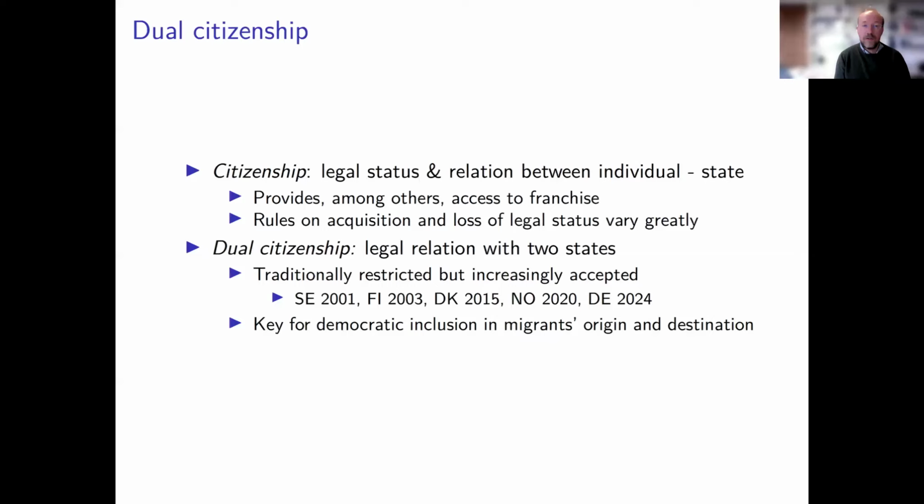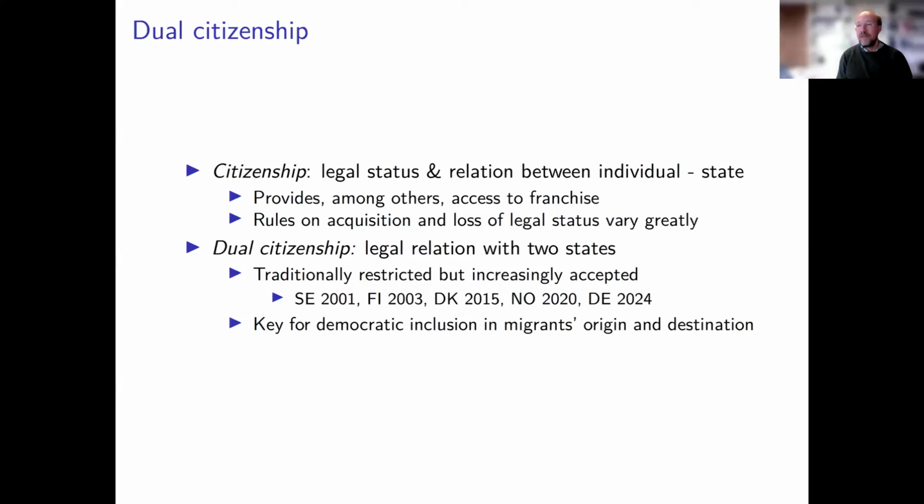We talk in the paper about dual citizenship, but in principle, this could also be multiple citizenship, right? So people sometimes may have three citizenships, right? If they get one citizenship from one parent, another citizenship from the other parent, and maybe a citizenship because they are born in a third country. Right? So actually, it's a bit more complicated. In this paper, we reduce some of that complexity by talking specifically about dual citizenship.